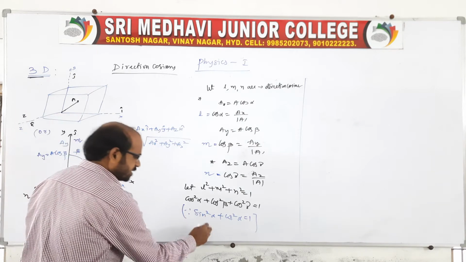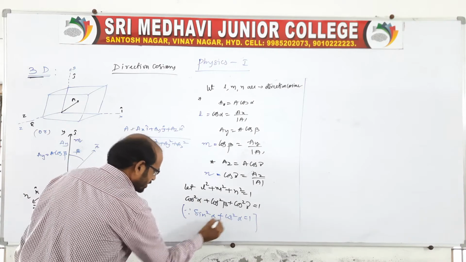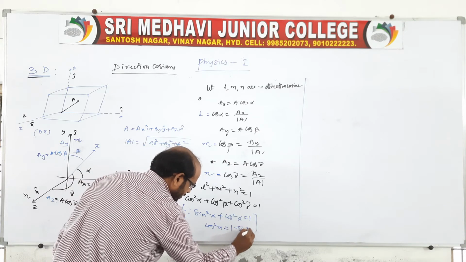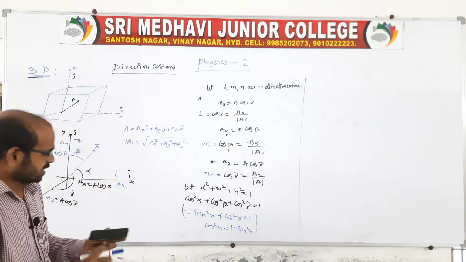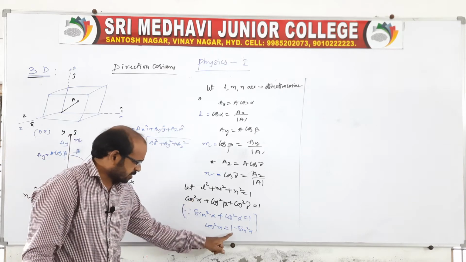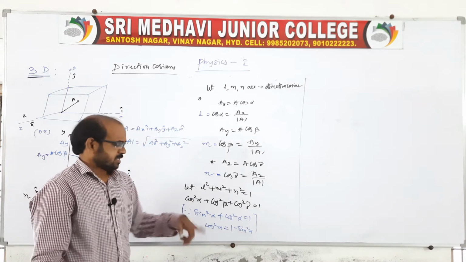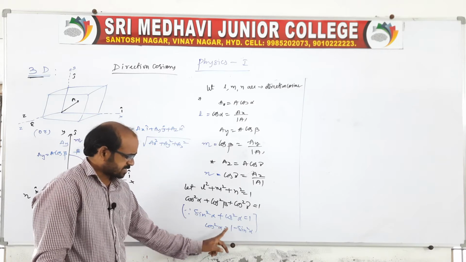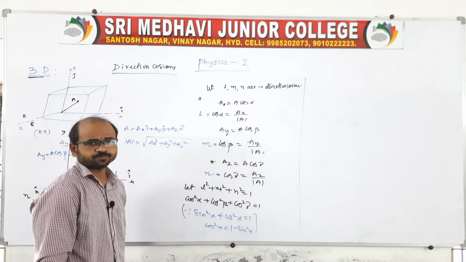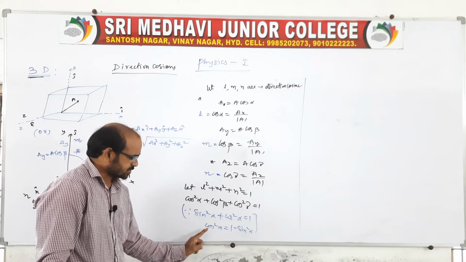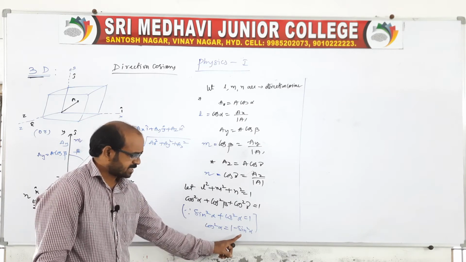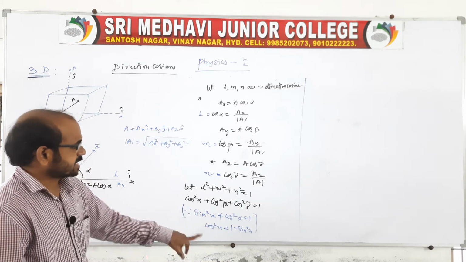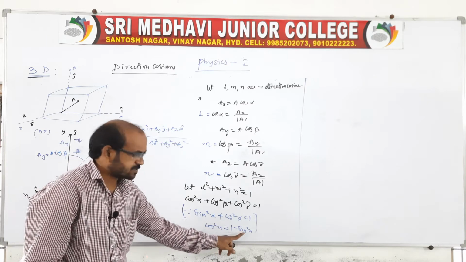So, anyone you take, and based on that we will write all also. So you write here cos square alpha is equal to 1 minus sin square alpha. Let us replace this cos square alpha with 1 minus sin square alpha. Suppose I want to say about cos square beta, so cos square beta is equal to 1 minus sin square beta. And cos square gamma is equal to 1 minus sin square gamma. See, we can write like this, so based on the trigonometry identity, now you replace all of this with the sines.